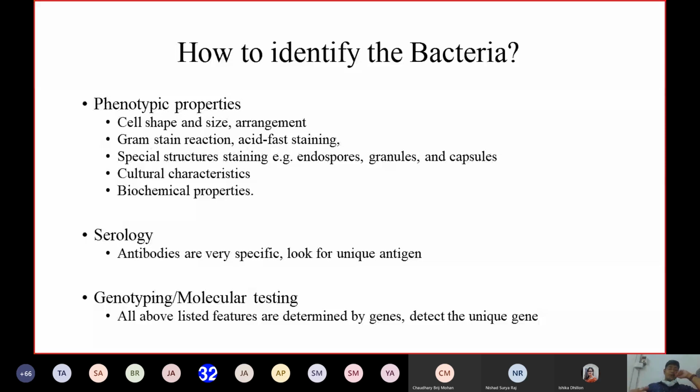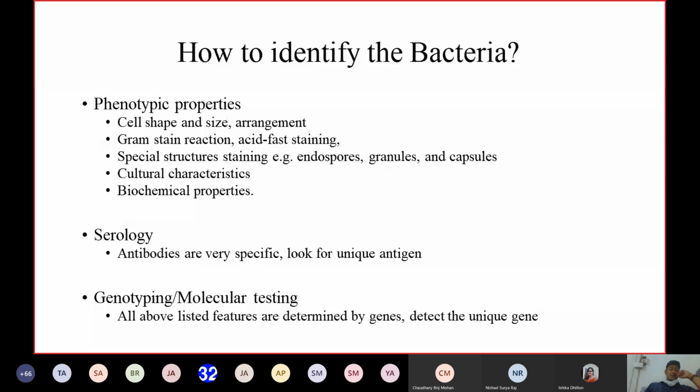Like when we see round shaped bacteria that is purple in color in gram stain, and they are in a bunch-like structure or in groups, then we have to say that most of the time that is Staphylococcus, not anything other than that. So these will guide us to identify the organism. Similarly, gram stain reaction and acid fast staining are different types of staining that you have already done, so you know better about gram stain and acid fast stain.